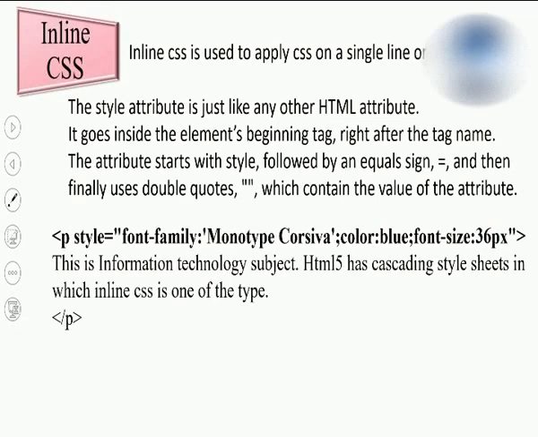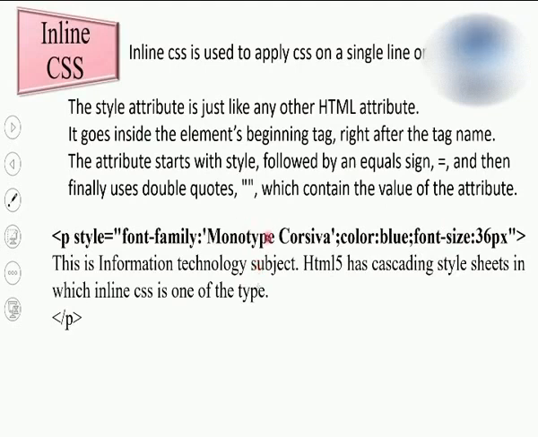Students, over here observe I have used three properties. One is font-family. I wrote a dash over here; it's not an underscore, it is a dash. Font dash family. Then color. For changing the color, it is just color. It's not font dash color. Remember this. And followed by font dash size. So these three I am changing for this paragraph.